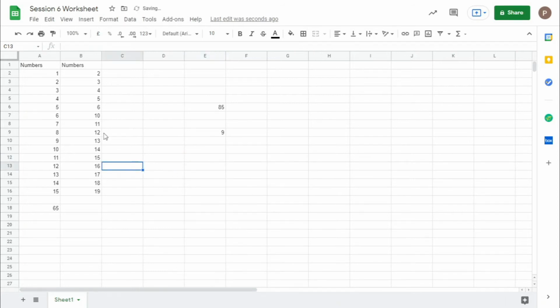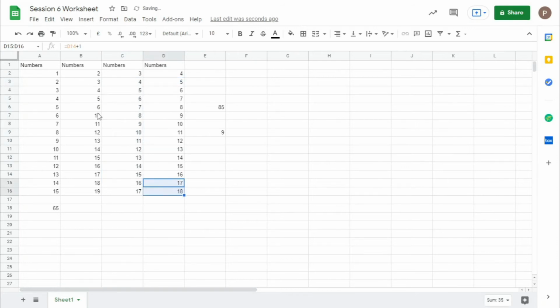Let's take 4 arrays like this. Here we'll start it with 3. And we will reset this value. So here it is.